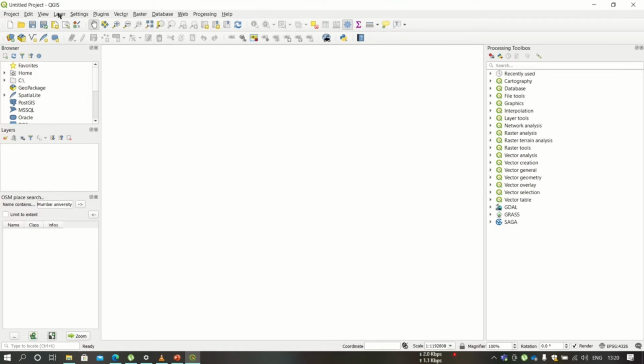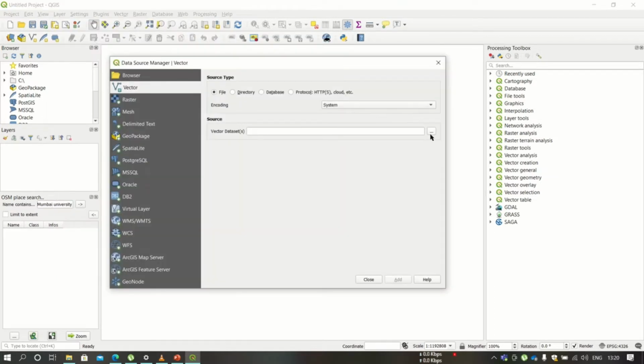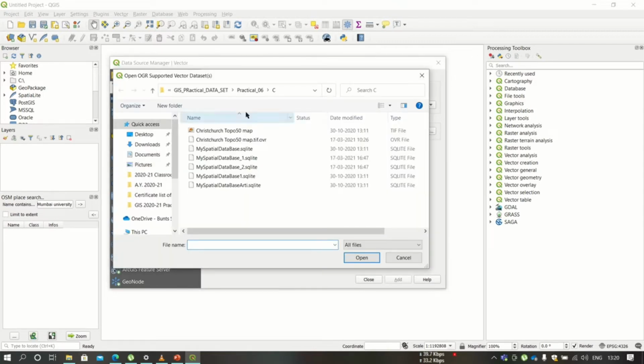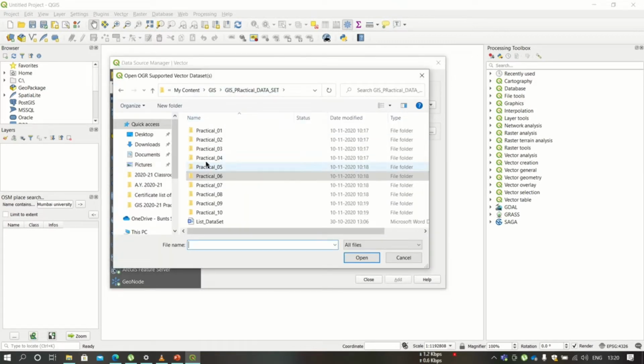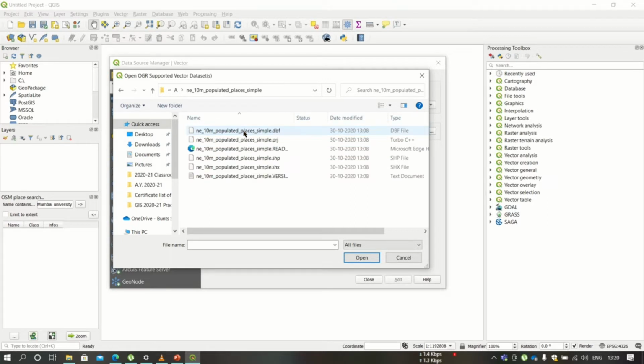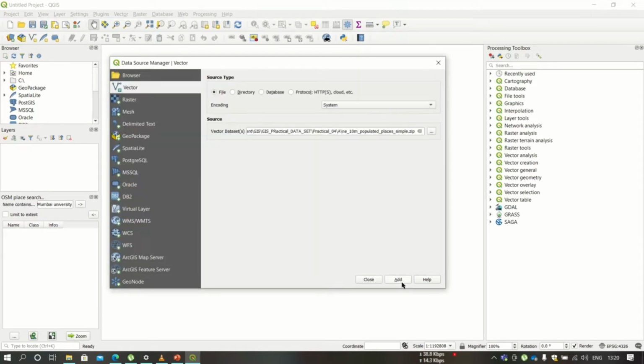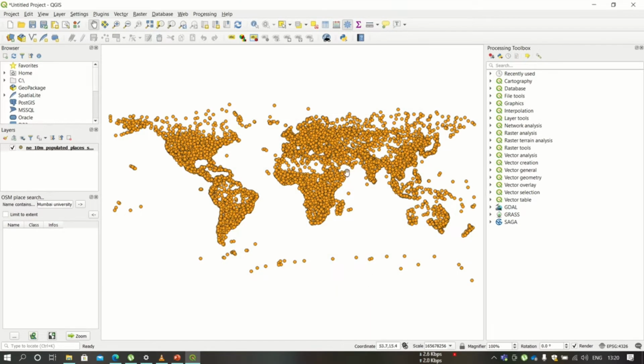So click here. Now in layers, go to the layer, go to add layer and add vector layer. You will get this dialog box. With these three dots, we have to select the file from the given data set. The link for the data set I will provide in the description box. So here I'm navigating to this folder, and here you have to select this zip folder and click open, click add and click close. So the vector layer has got added to the canvas of this QGIS project.